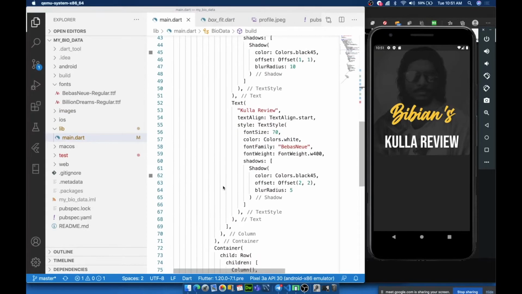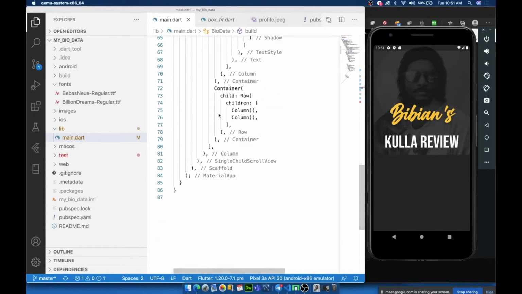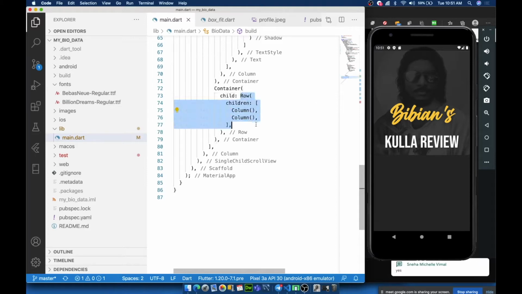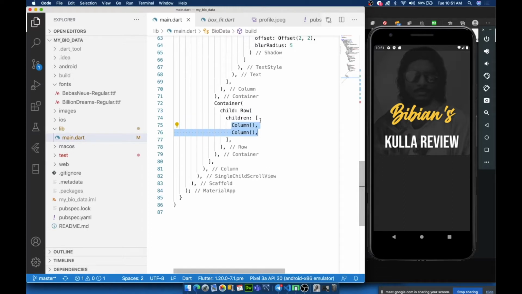Well, in that case, we already have the structure ready, right? Can you go to this part? Yesterday we made the second container as well, and within the container we have made a row, and we have divided that row into two columns. We finished this structure, right? This is the skeleton of what you're building. Yes or no? Okay. Yes, ma'am. All right.